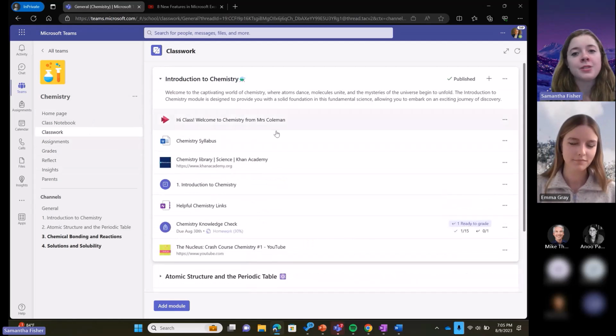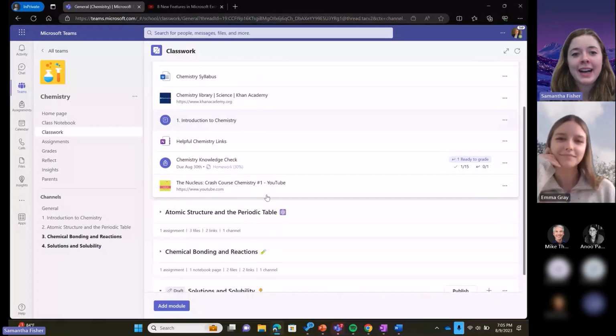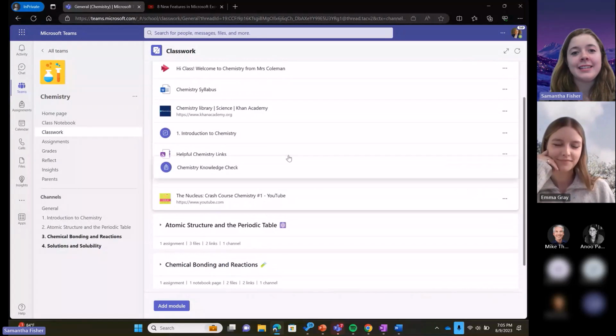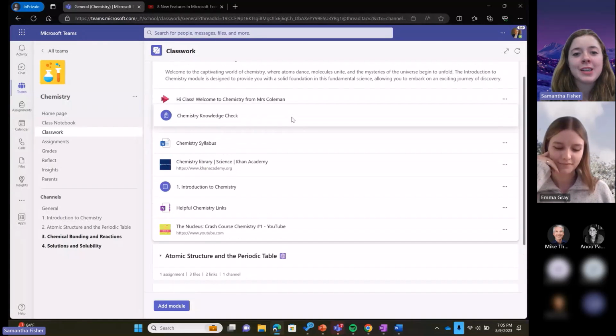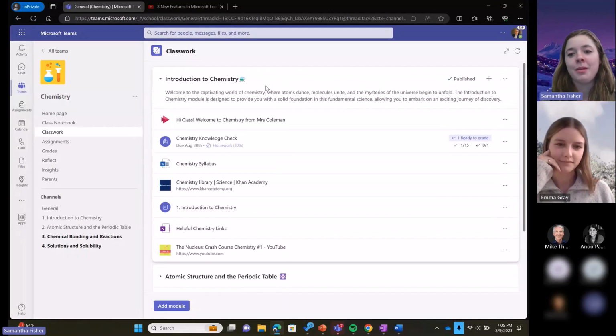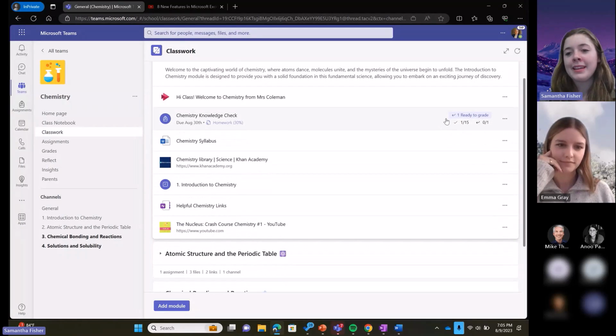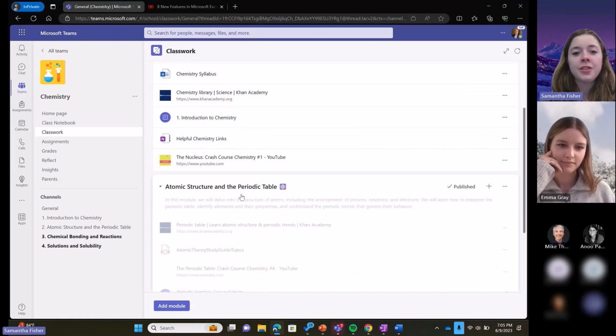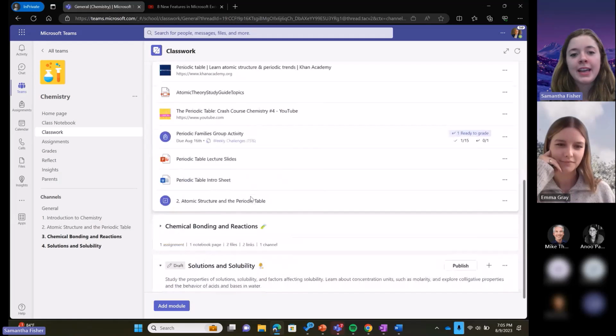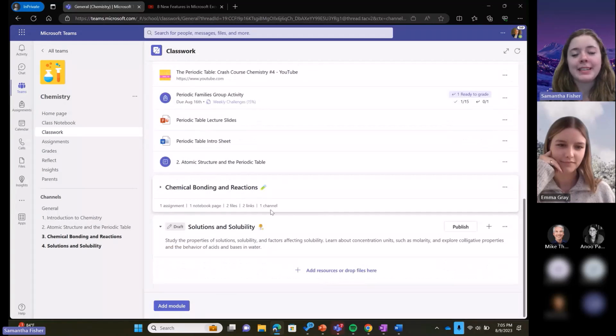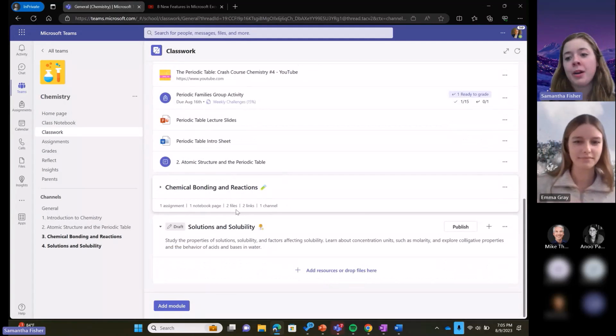I have all of these modules of content that I've created for my class. I can easily drag and drop and rearrange this content if I want to. I can rearrange the modules as well. For assignments, I can even see things like which assignments are ready to grade. But under all of these, I have all sorts of different types of content. And when a module is collapsed, I get to see an awesome summary too of what's in that module.